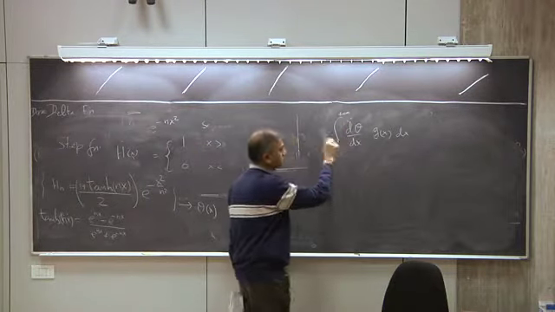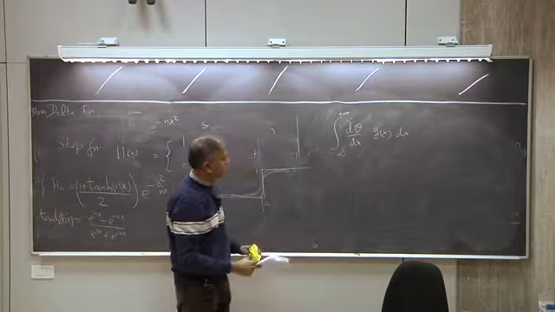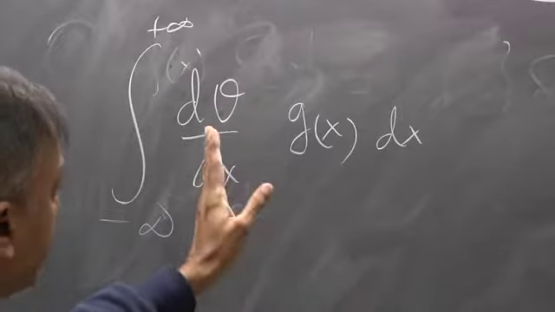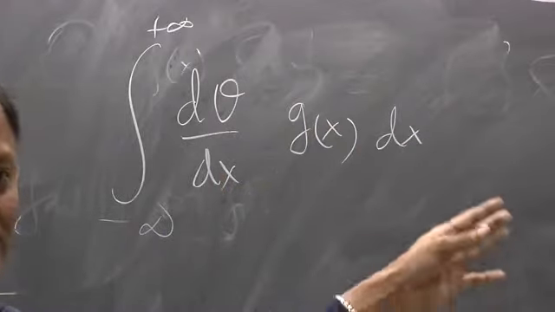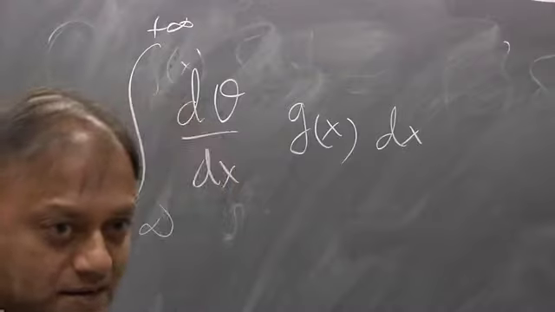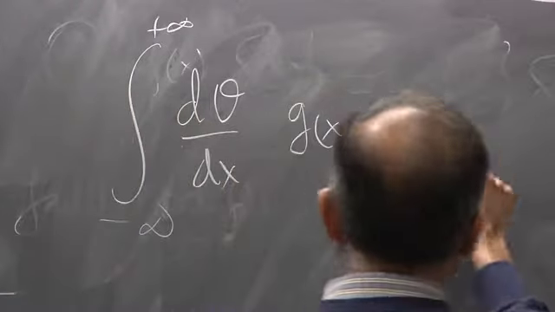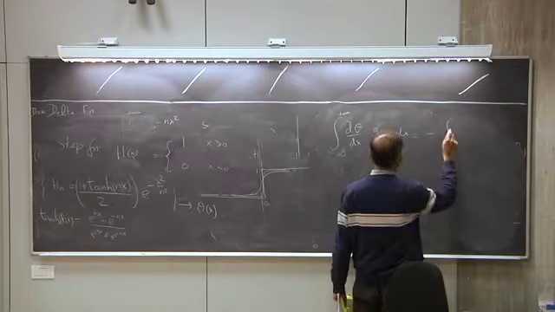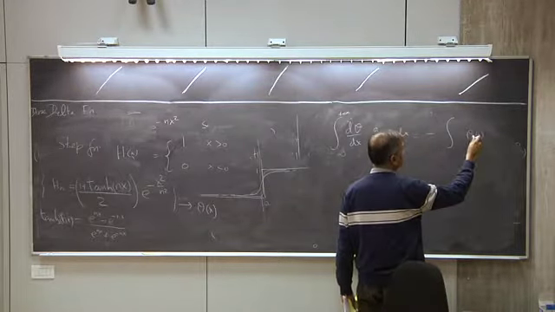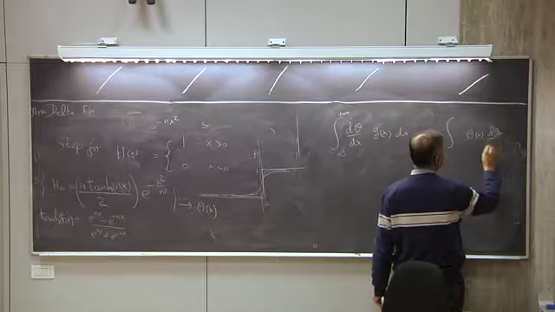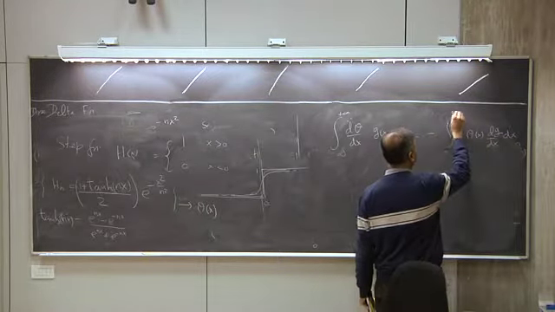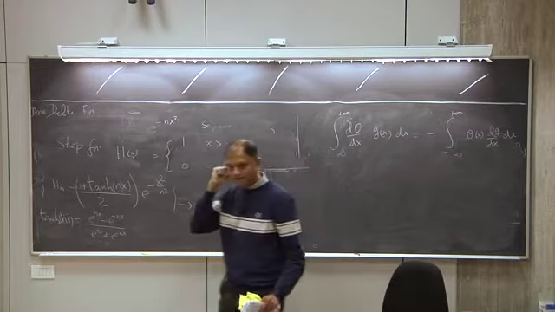We proved that, first of all, the derivative of a generalized function exists, and secondly, it satisfies the usual properties of integration by parts, and that's the same as minus theta x dg by dx. Right? That was the